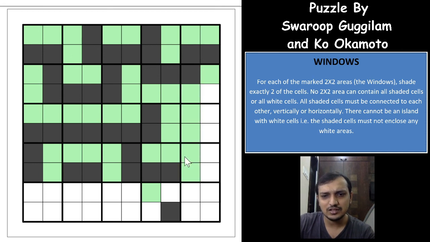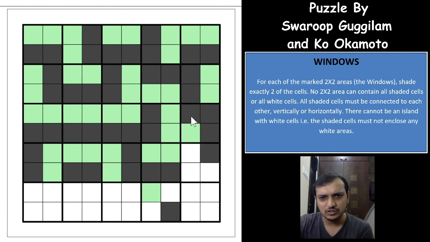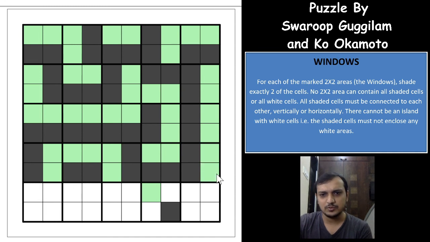So why is that the case? We know that we have marked till this point, and the moment you mark this as white cell, you have to make sure that this group of shaded cells come this way, and you form 3 shaded cells in that region. So this will be black, again same, this has to be black, this has to be black. Super. Okay, so let's see if we get anything else here. Now it seems to be a tricky one.